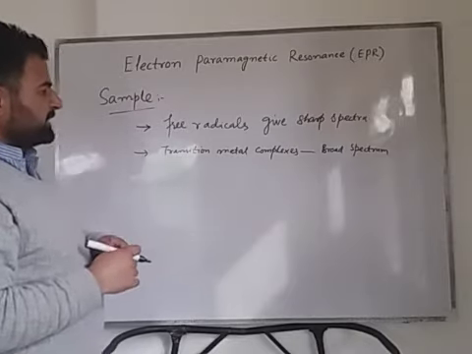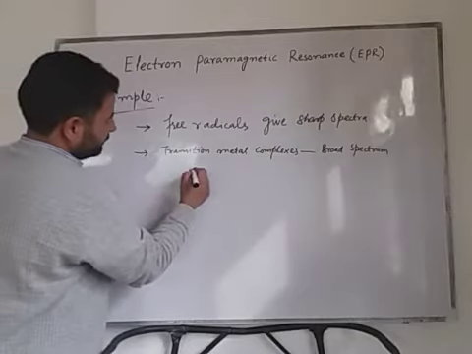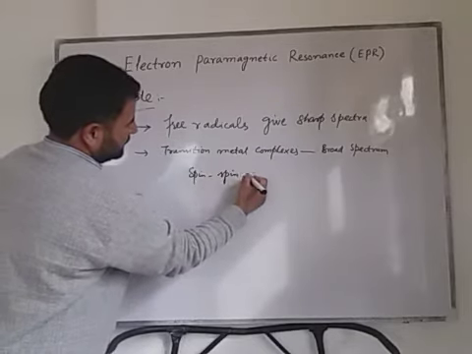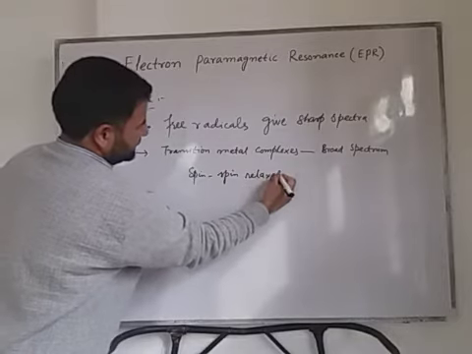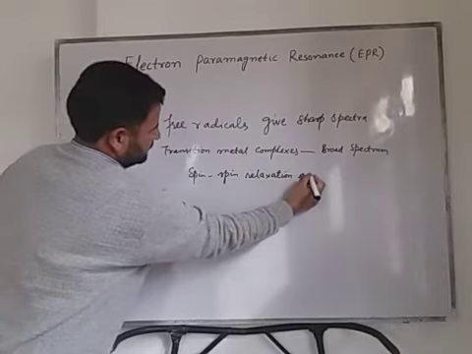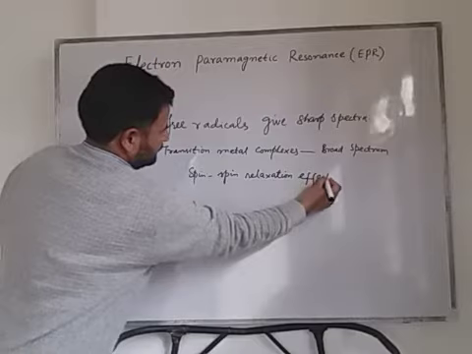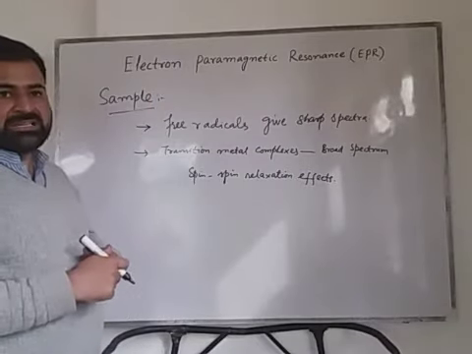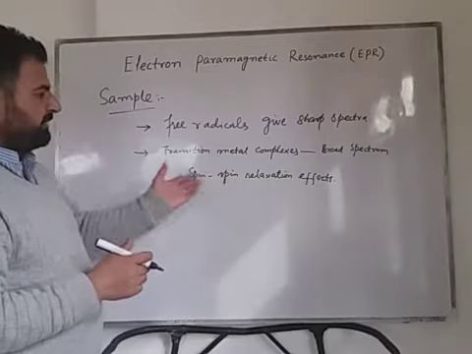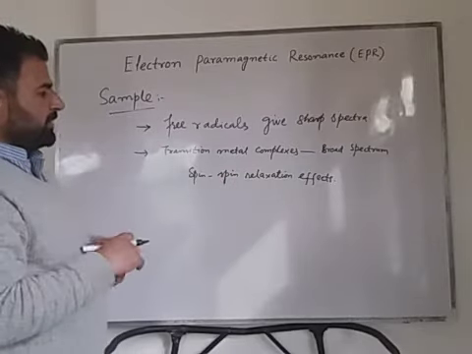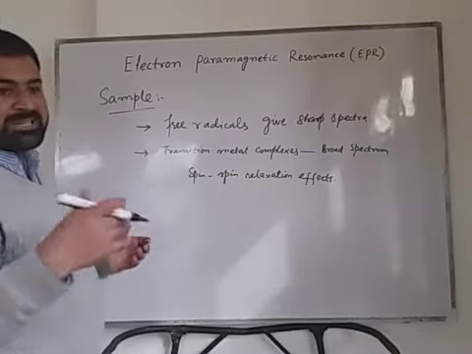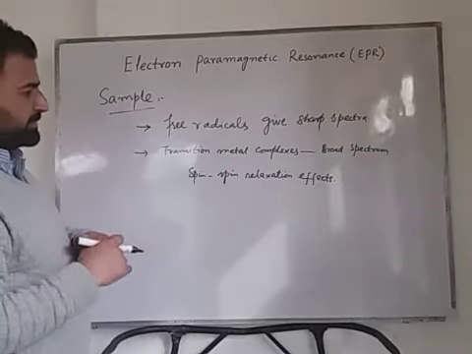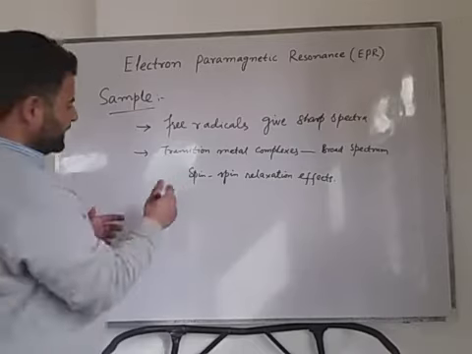That is because there can be spin-spin relaxation effects. For example, we have a spin excited state of a spin that will relax into the ground state spin of the adjacent molecule. So in case of transition metal complexes, what we generally do to avoid this,